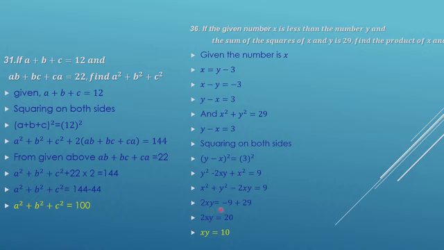It's already ready. So 9 minus 29 gives you minus 20, and then when I bring the 29 over it becomes plus, so 9 minus 29 gives you minus 20, which means you have 2xy equal to 20. Now once you divide it, xy becomes 10. So this is how you have to solve the sum. If you know the formula, it will be easier for you to understand the sum and then solve it.